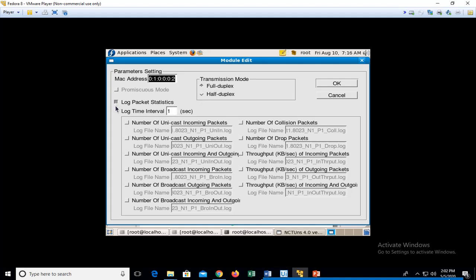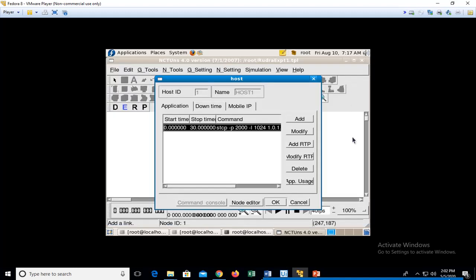Then select log packet statistics. Under this, I'll choose number of collisions and number of drop packets. Since it is the outgoing node, I'll select the throughput for the outgoing packets, and then click OK. So these are the statistical parameters that will be stored.